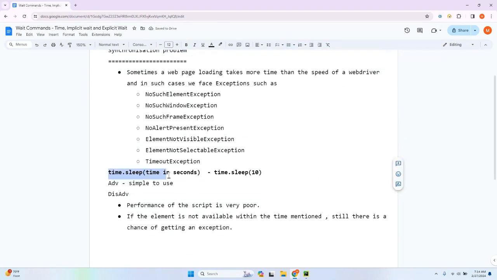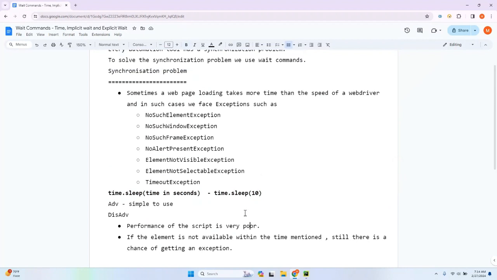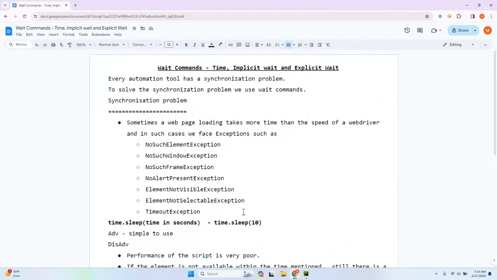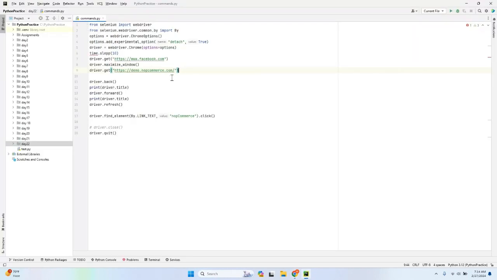So this is how the time module in Selenium WebDriver, to some extent, avoids the synchronization problem. Again, I am repeating, what is a synchronization problem? The web page takes more time to load than the speed of the WebDriver, or I can say the speed of the automation